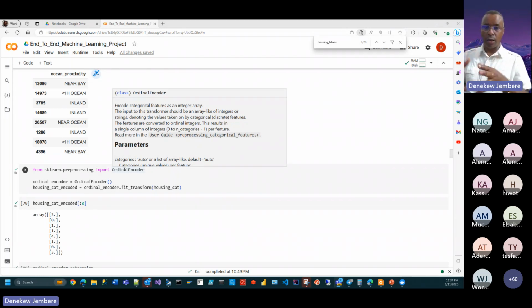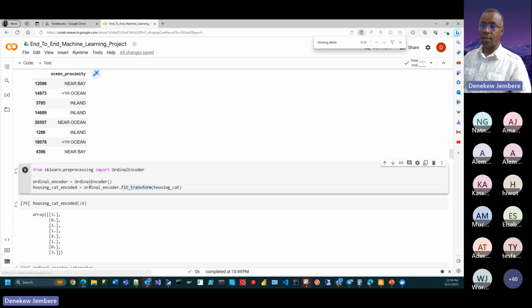So given categorical or non-numeric values, we will get integer values, order numbers 1, 2, 3, 4, like that. And as you can see here, for the housing categorical data, we can encode